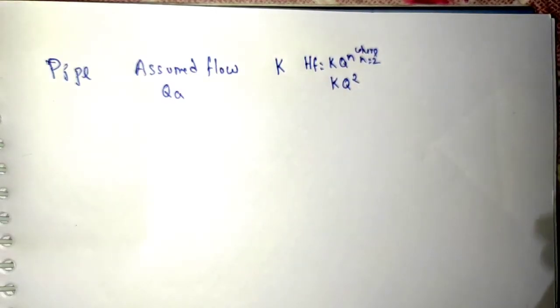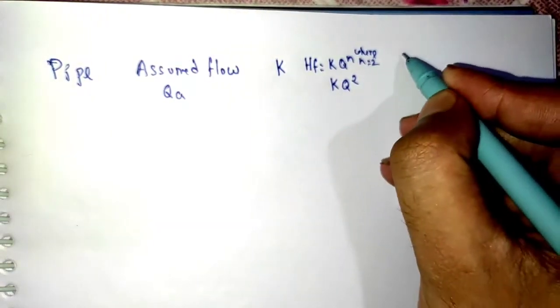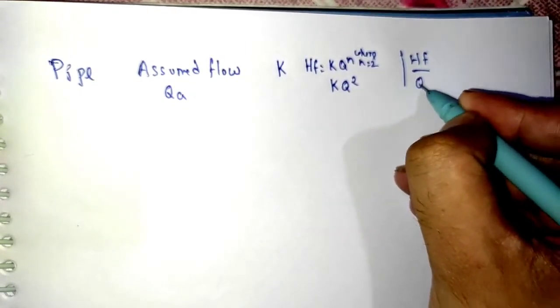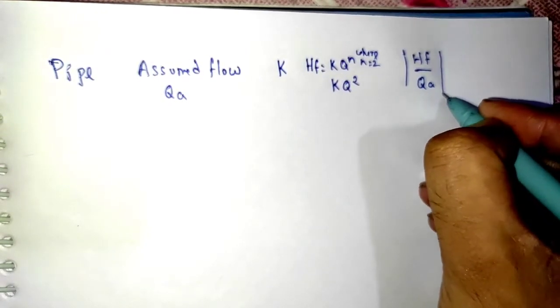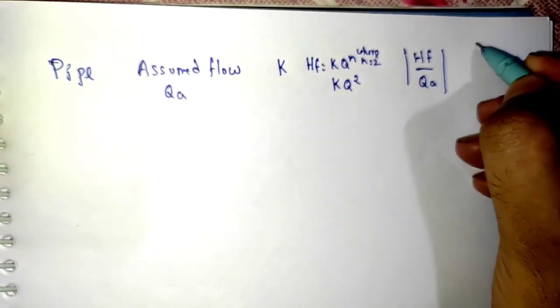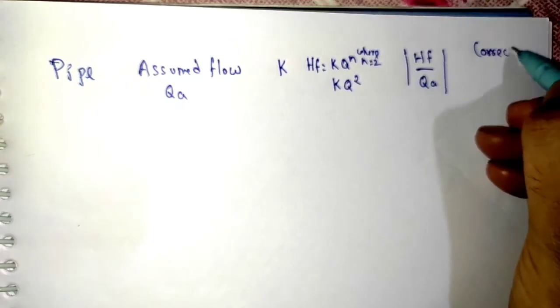What was in the denominator? In the denominator we had the absolute sum of HF by QA, right? So we will write mod HF by QA in the next column, right? After that, in the last column, corrected